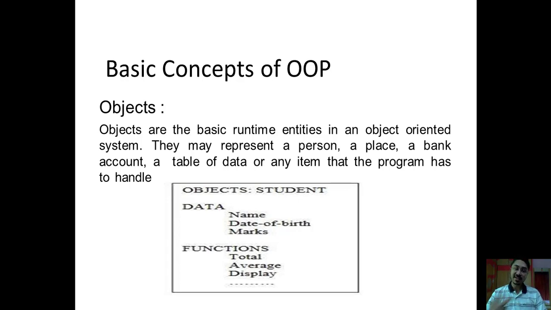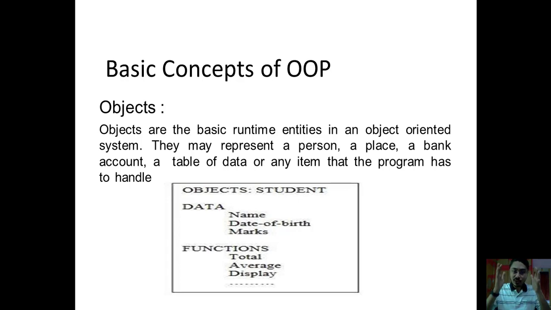An object will have two things inside it. So if you try to open the object, you will find two compartments. The first compartment is for the data which is associated with that object. That is nothing but the attributes or the properties of that object. So when we have to store data about that object, we will store that in the first compartment. Then we have the second compartment. In the second compartment, we will store all the functions. That is nothing but all the actions that the object has to perform in the given code. So that we will write down in the function part of that object.